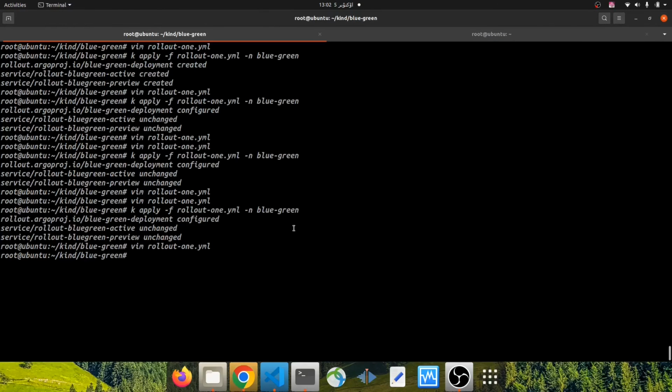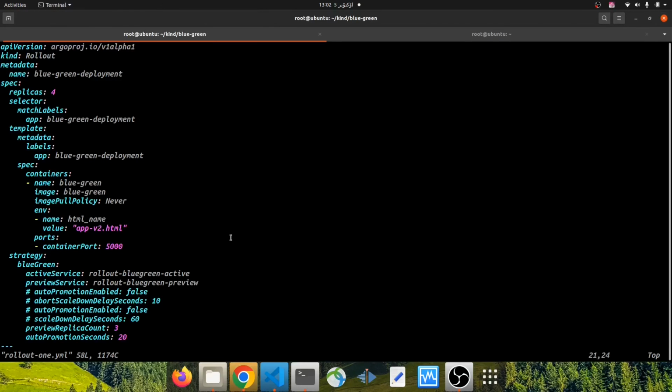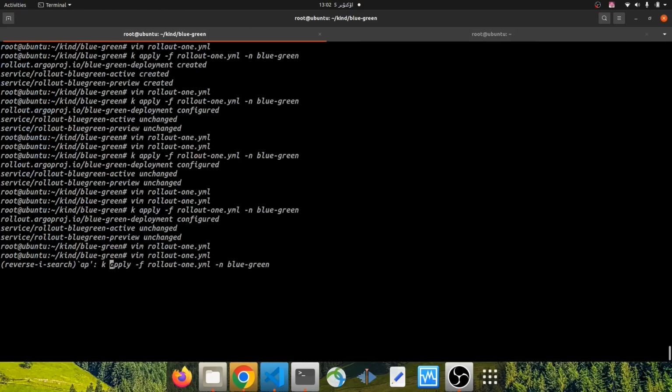The next feature is scale down delay seconds. This line, scale down delay seconds. The scale down delay seconds is used to delay scaling down the old replica set after the active service is switched to the new replica set. Its value is 30 by default. It means that when I, for example, modify the value and then apply it,